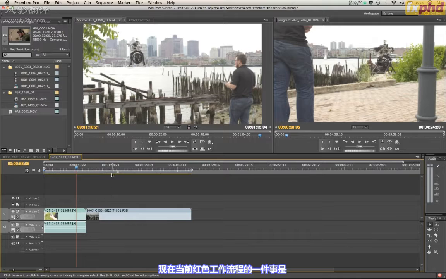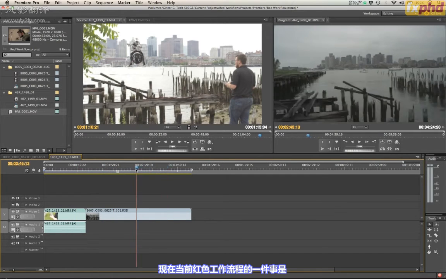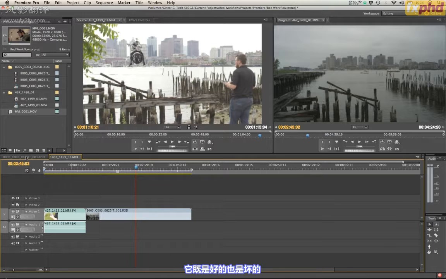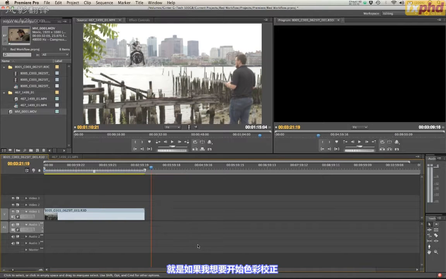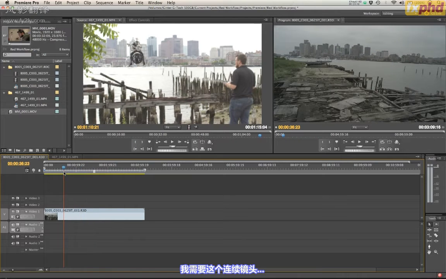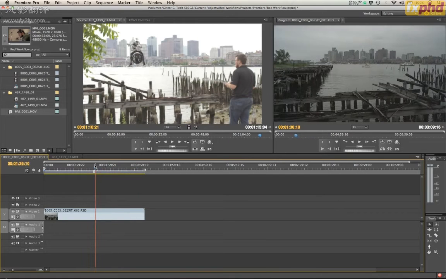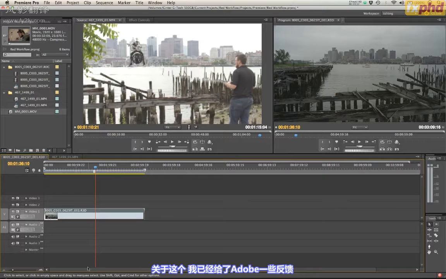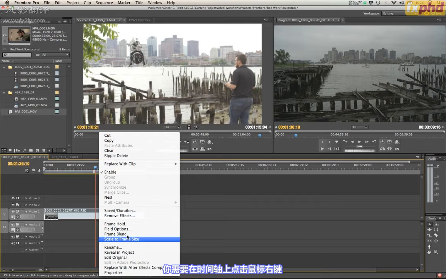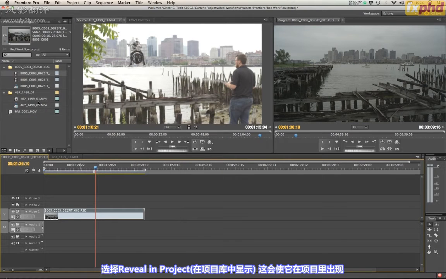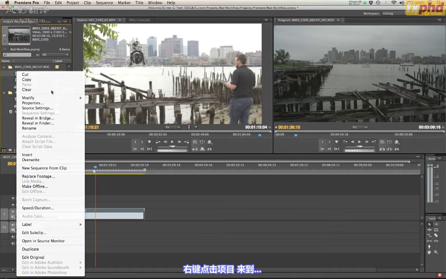Now, one thing with the current RED workflow, which is good and bad, is that if I want to start color correcting this footage, I can't really do it in a timeline. That's something I've given Adobe feedback on, and they're hopefully working on improving it in the future. But right now, if you have a bunch of these clips in the timeline, you actually have to right click on the timeline, go to Reveal in Project, and it's going to pop it up in the project. Then you right click up in the project,